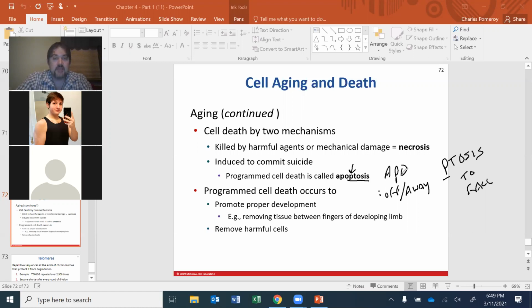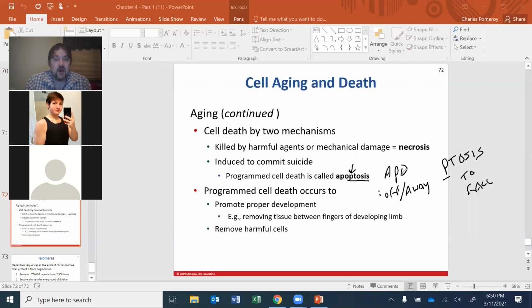And so apoptosis happens more often than you think. But in the hospital, you're going to see a lot of necrosis. Necrosis is unplanned death, and then apoptosis is actually programmed death. Another reason why cells may self-destruct is when they are old and they've accumulated so much damage that they'll just self-destruct because they are no longer useful to the body,